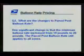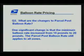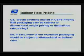Question 3. What are the changes to parcel post balloon rate? One significant change is that the minimum balloon rate increased from 15 pounds to 20 pounds. The parcel post balloon rate still applies to all zones. Question 4. Would anything mailed